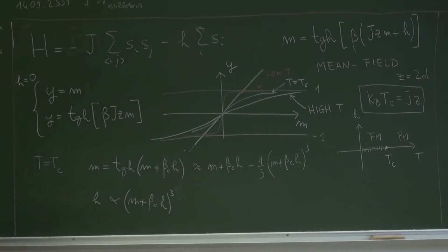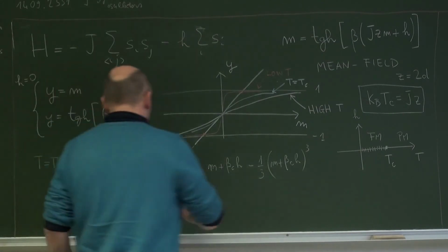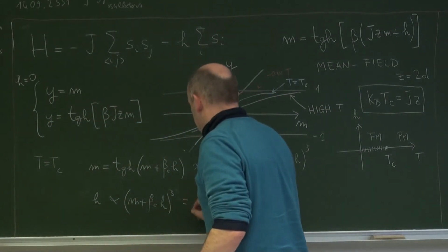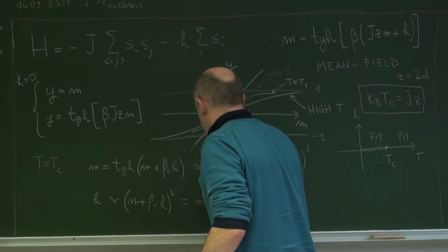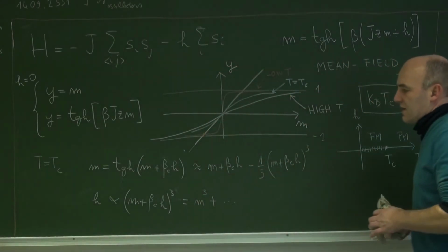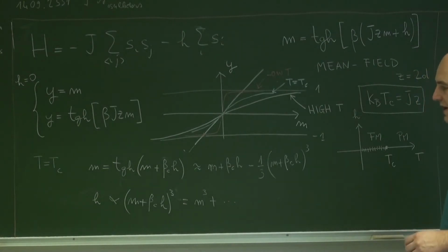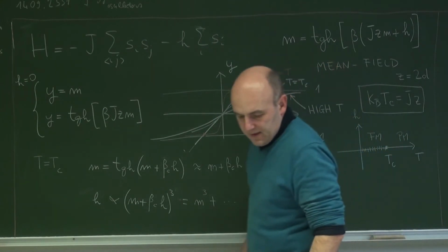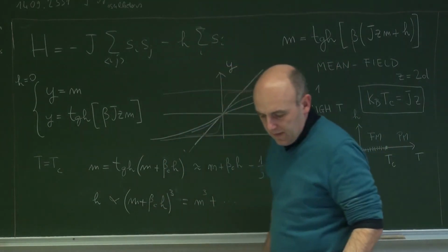The lowest order term here is m to the third plus higher order terms. So to lowest order, h scales as m to the third, and this defines an